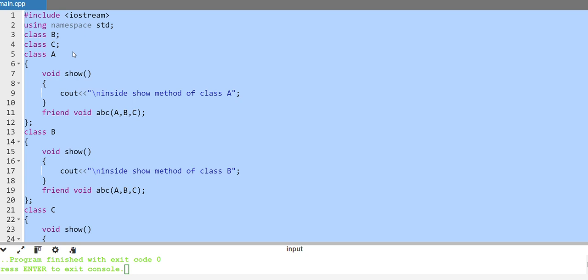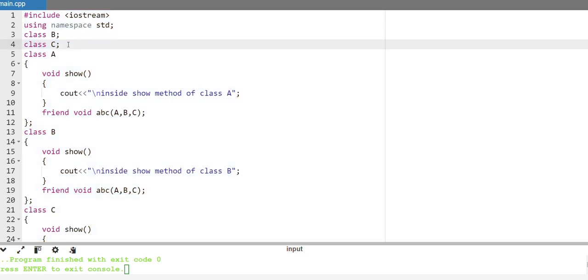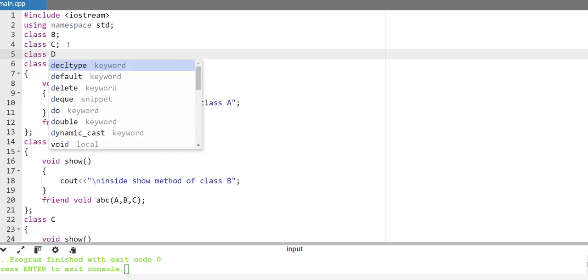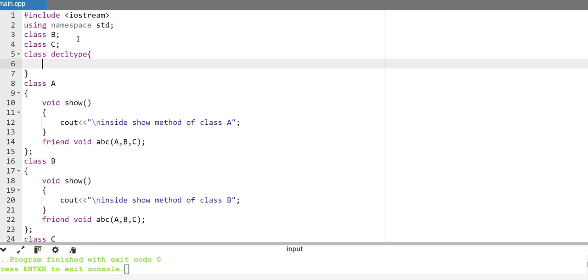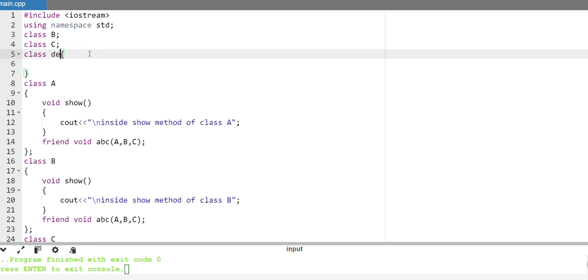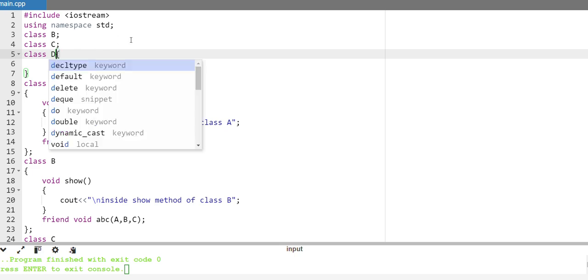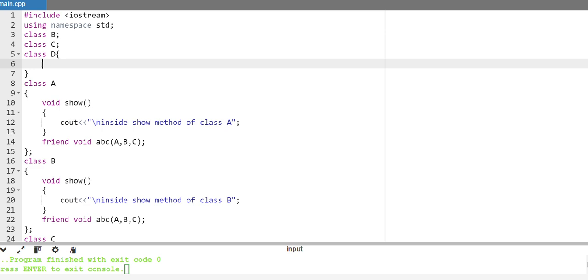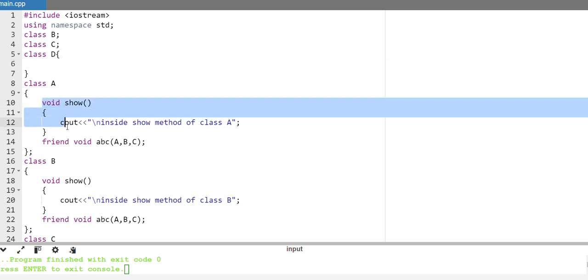We have to create a class and make it a friend of one of these existing classes. So here let's declare class D, and inside this class D use the same method,